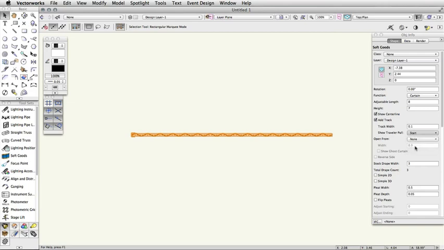Open From will create an opening in the curtain at the center or at one of the ends. Select None to hide all openings in the curtain. If you choose to show the curtain opening, you can specify the width for the opening. Show Ghost Curtain will show the open section of the curtain in a top plan view with a gray dotted